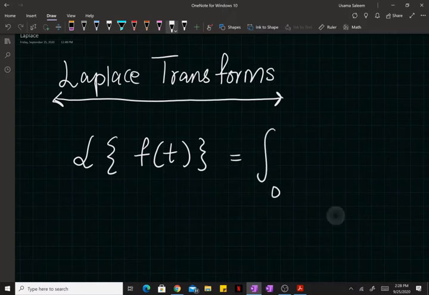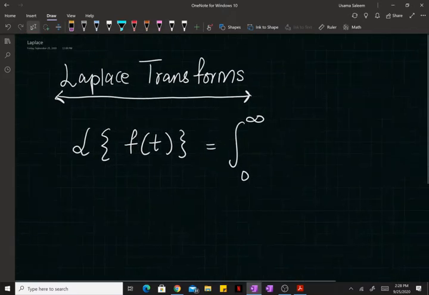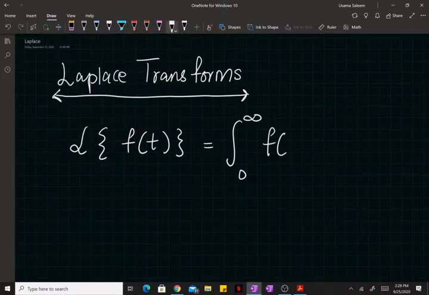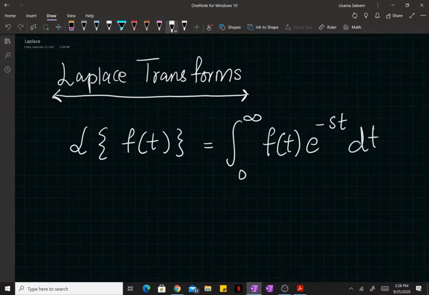The Laplace transform is illustrated by this integral operator, where you take the time dependent variable, multiply it by this exponent term, and integrate this term with the limits 0 to positive infinity. This integral right here